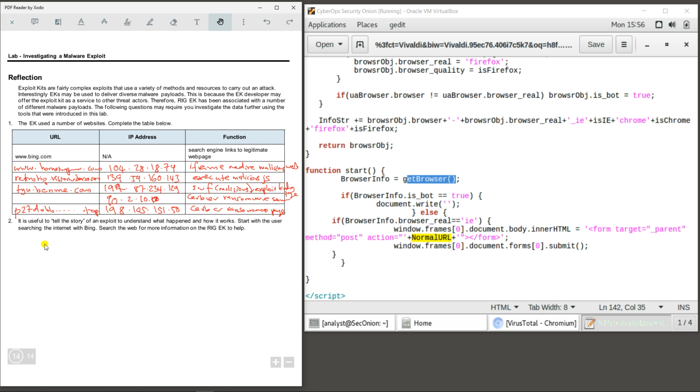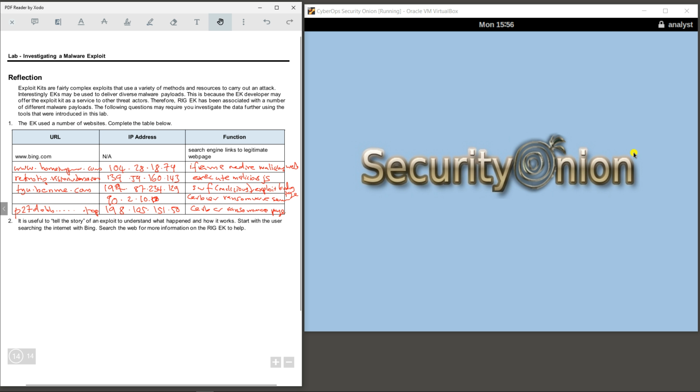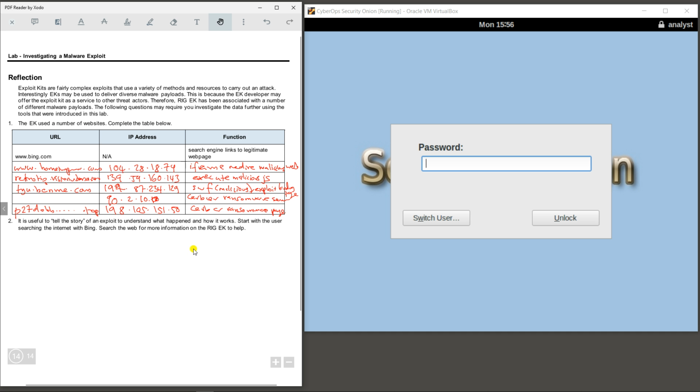So it could be executing a JavaScript that will download malicious code, such as the Adobe Flash code, and the Flash code itself executes and downloads other malware, and after the malware is installed, it checks with the command and control server,